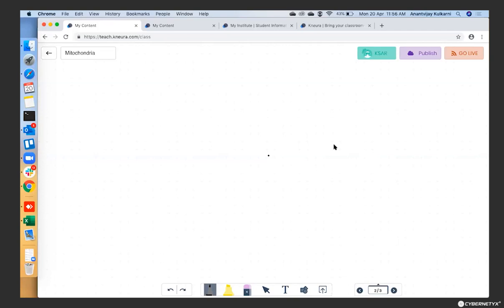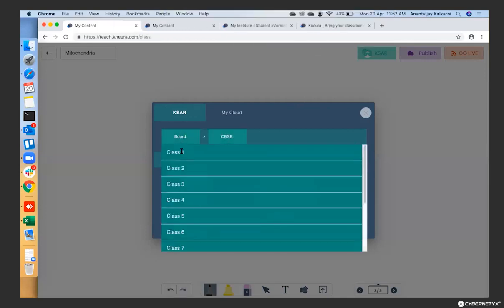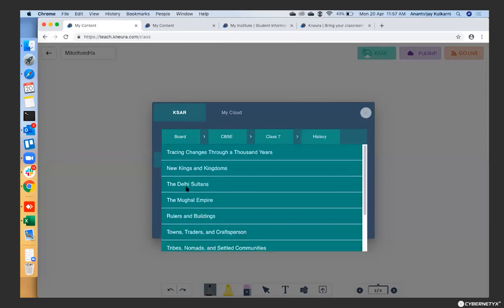Now the next thing is to put all of this together and create the lesson that you want to teach. With Kneura, like we talked about, it comes with a built-in content authoring tool. You have something called SAR, which has curated content, and you can also search for relevant topics. Let's say, for example, I was a class 7 history teacher, I would just go to this, and let's say I want to teach Delhi Sultans